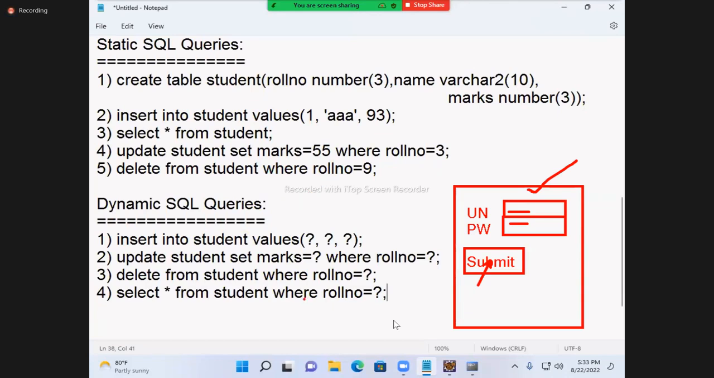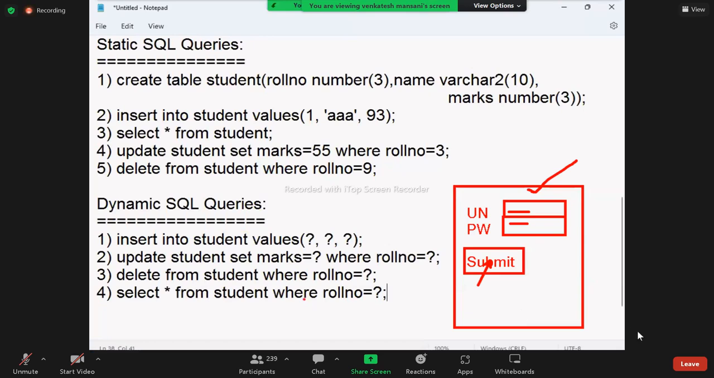How to execute dynamic queries, we'll see in tomorrow's class. Okay. How dynamic SQL